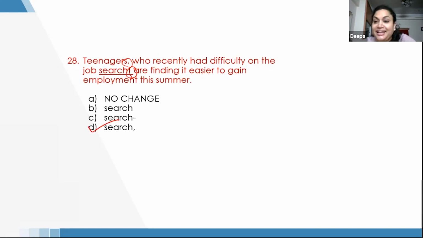So therefore, I think we understood it well about how to use the non-restrictive and parenthetical element properly. We have understood when to use a dash, when to use a comma, and when to use brackets, and when not to use them too, and how to use them only in pairs. We cannot have different things, but we have to have it in a pair.